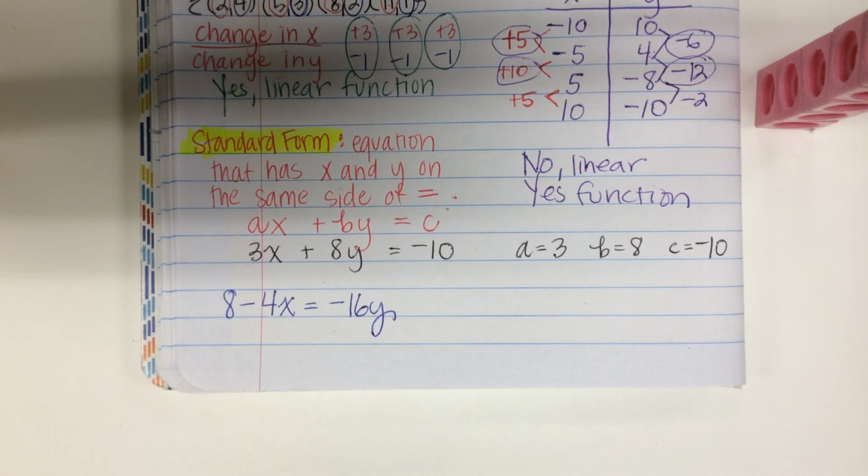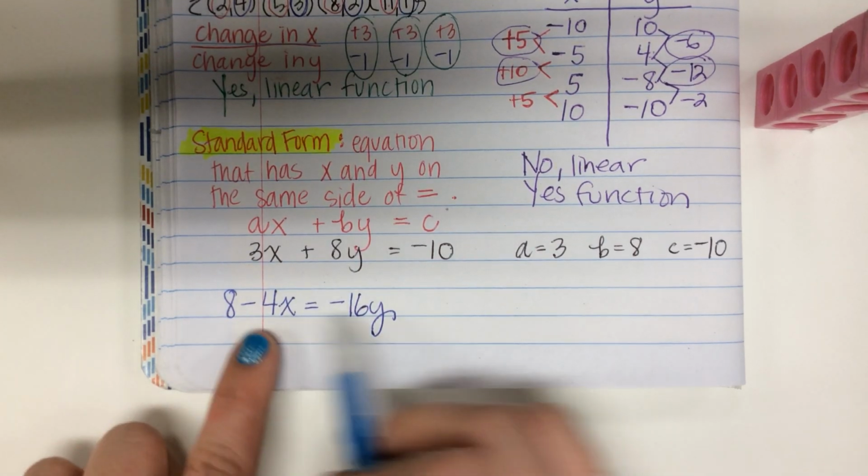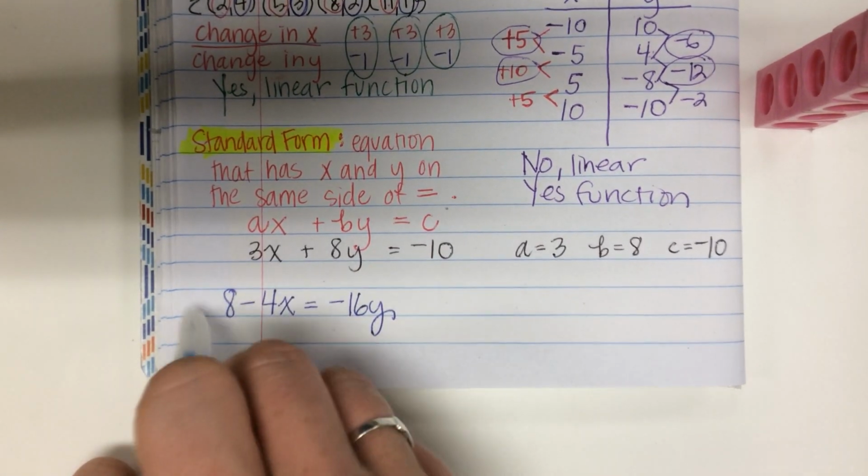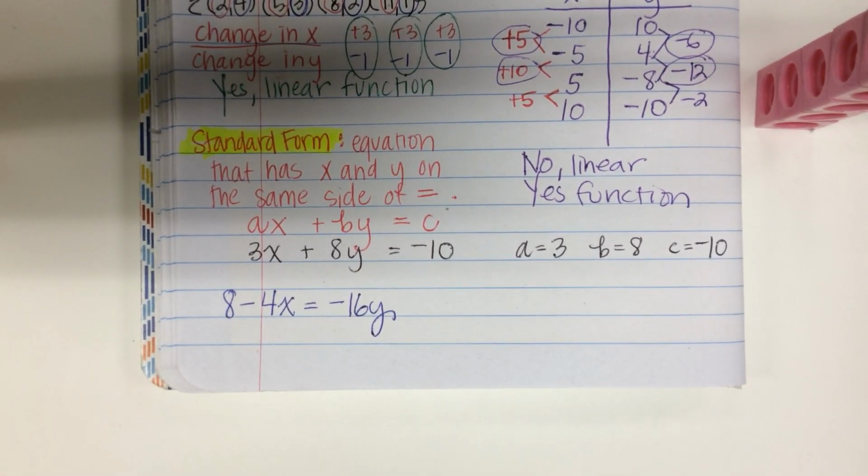Standard form is where you have to write x and y on the same side of the equal sign. It could be on this side of the equal sign. It could be on this side of the equal sign. It doesn't matter. You need to move x and y so they're together, and you need to move the constant, the number by itself,